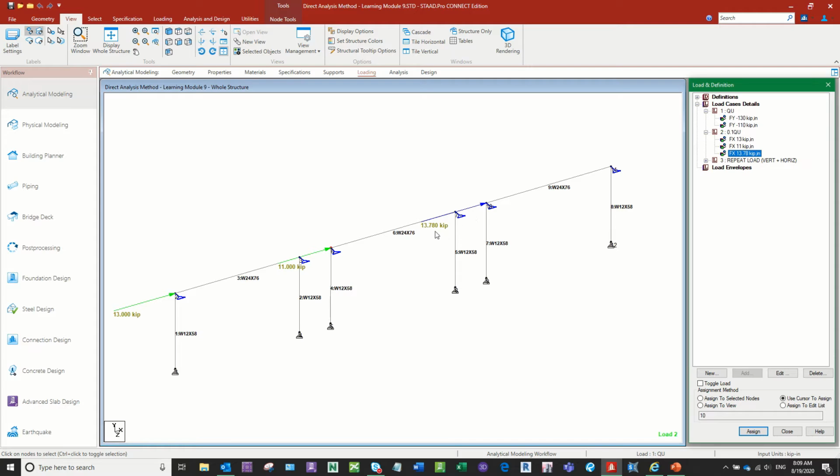However, I have 13.78 kips on the last frame, because in this case I am adding a little bit more notional load to account for the imperfection and also the stiffness, a total of 0.003 rather, should I say,